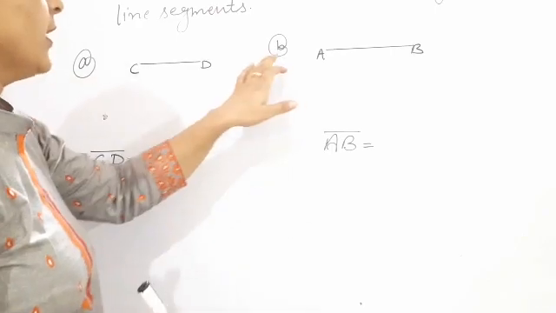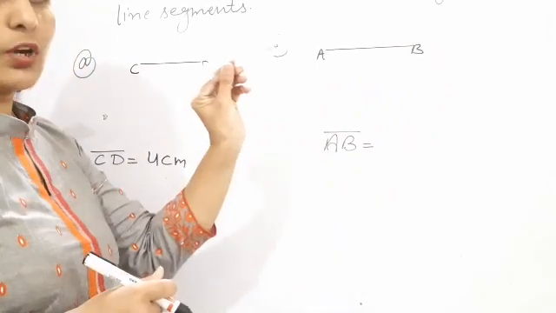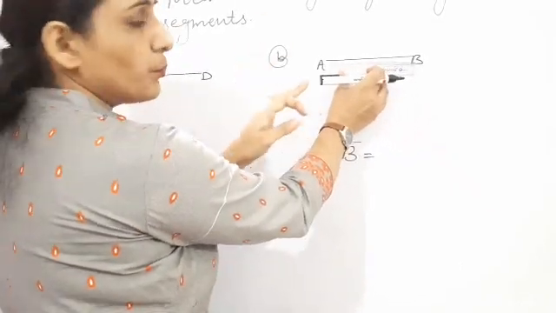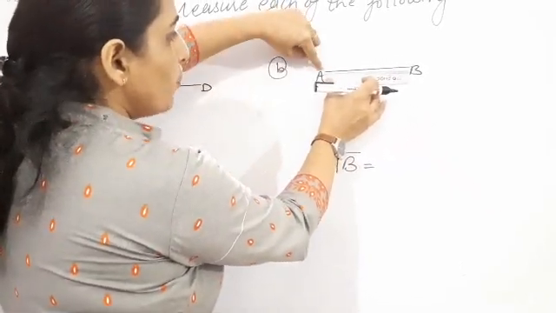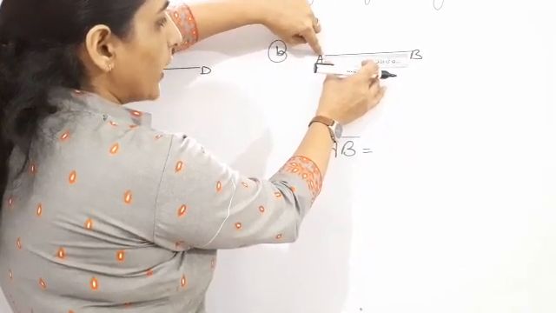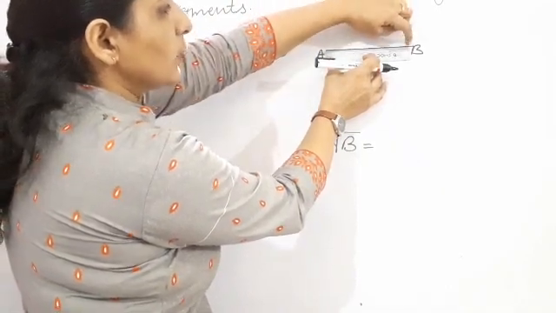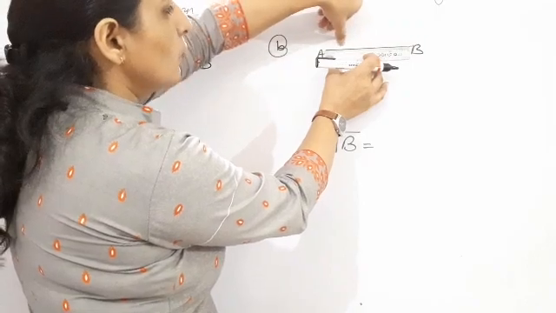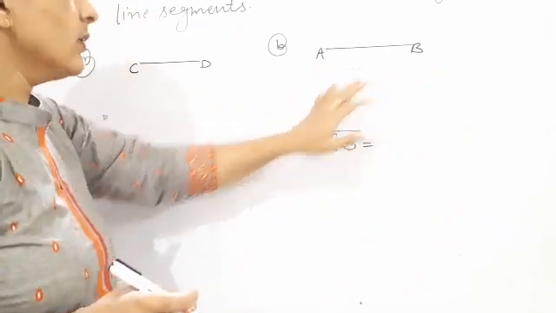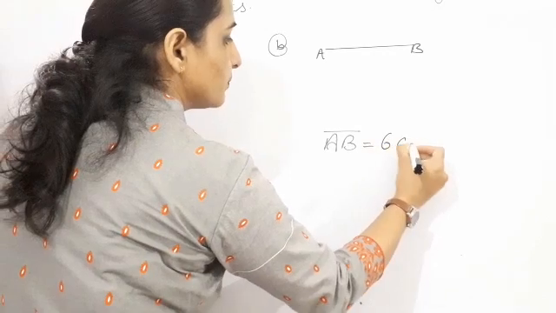Clear all of you? Now here is part B, AB. Again, how do we do it? With the use of the scale, we put our scale like this, in your book, and then from point A, you start from 0. Clear? You put this point, you start from 0 like this. Clear? You measure it. You see here the point B. 0 to 5 centimeter, 6 centimeter, whatever it is given. Clear? So for part B, here the length is given as 6 centimeter.